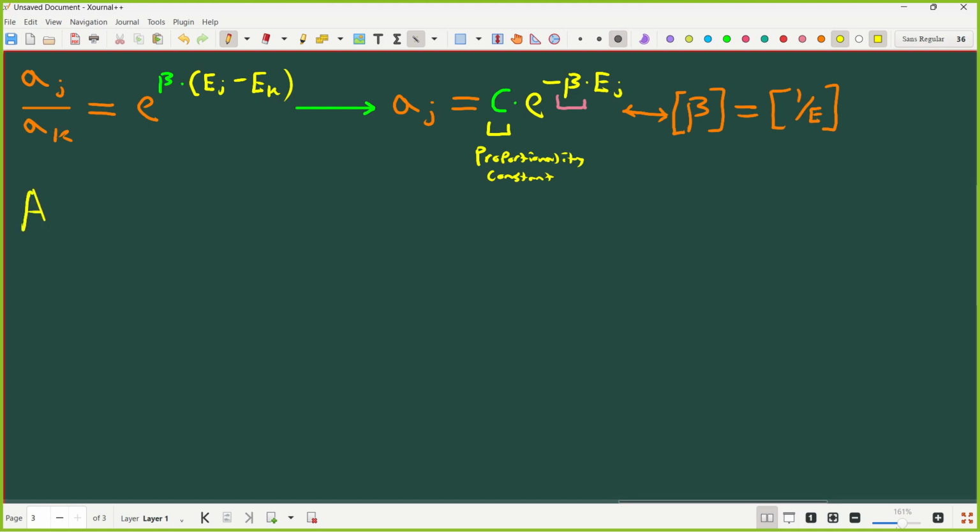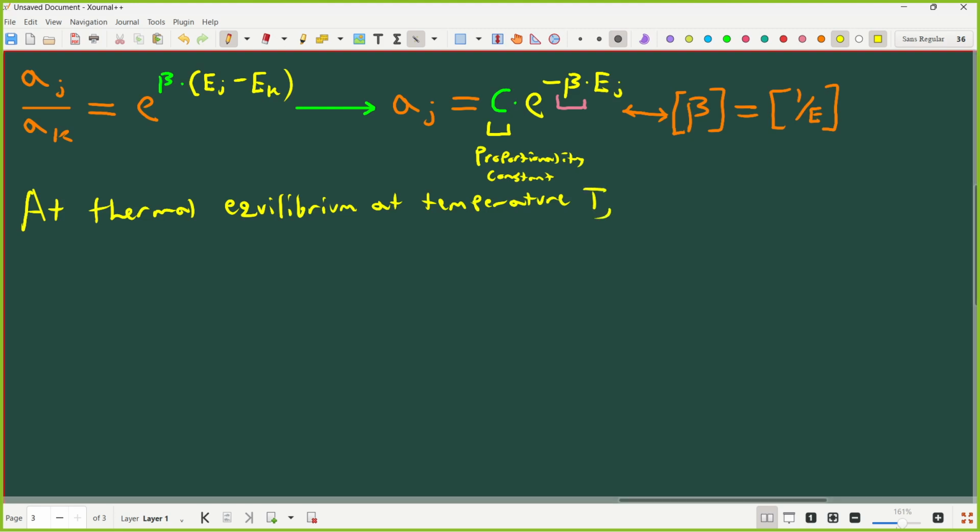So at thermal equilibrium, at temperature T, we can show very easily, and this is one of the most important parts of thermodynamics, that